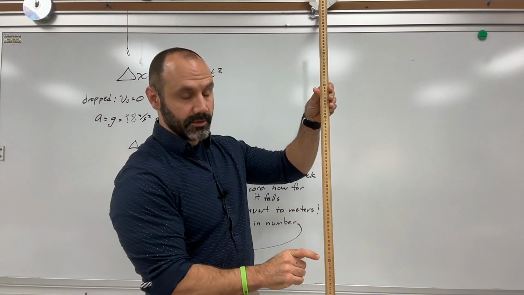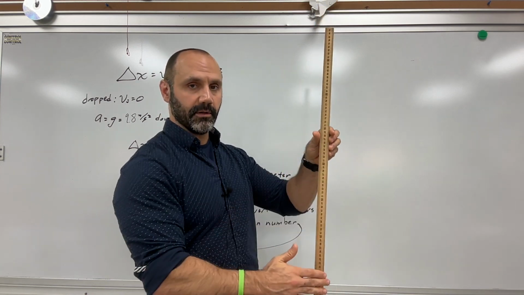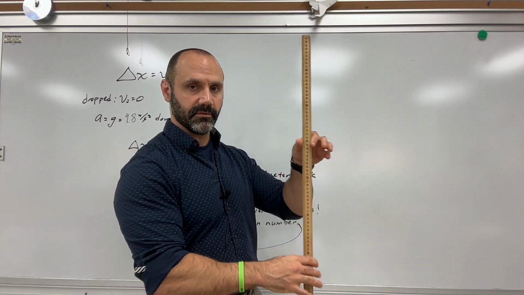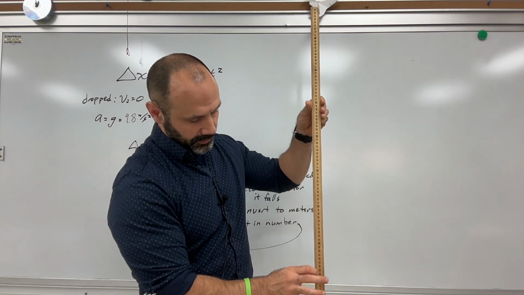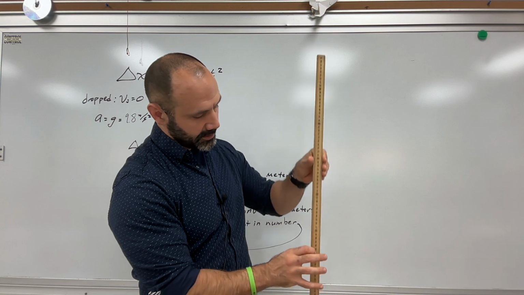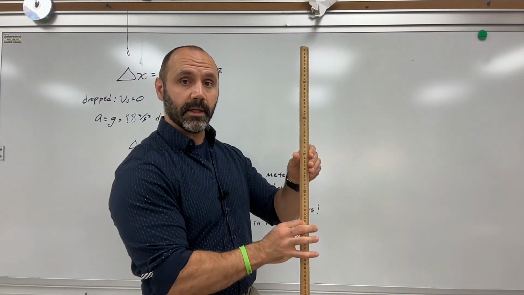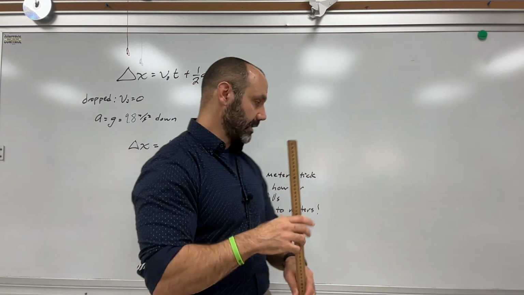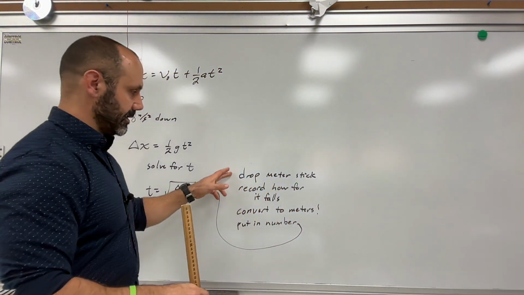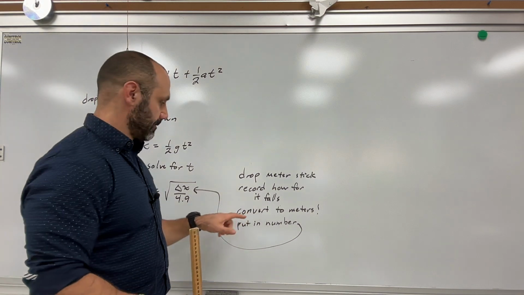They drop it, and then you just have to see how far it falls. What's the displacement? What's the vertical displacement of the meter stick? So if you're at the 20 or the 30, right? If you're at the 20 and then you drop it and you catch it at the 50, then the displacement was 30 centimeters. So you take that, have someone drop the meter stick, record how far it falls, convert that